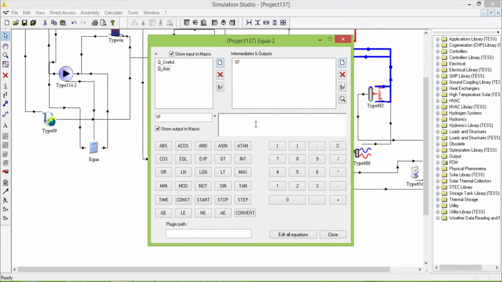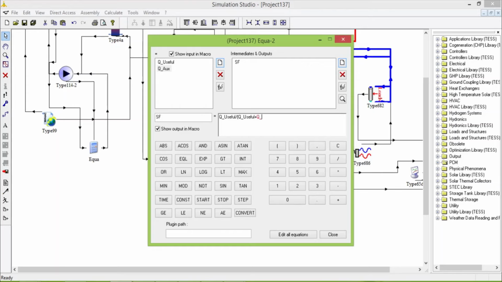So it will be Q useful divided by Q useful